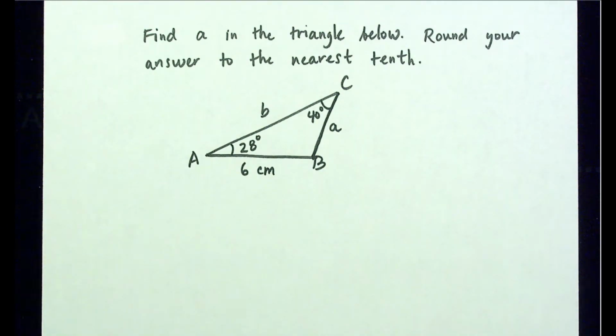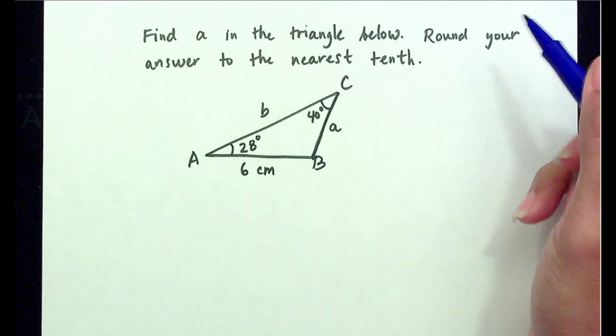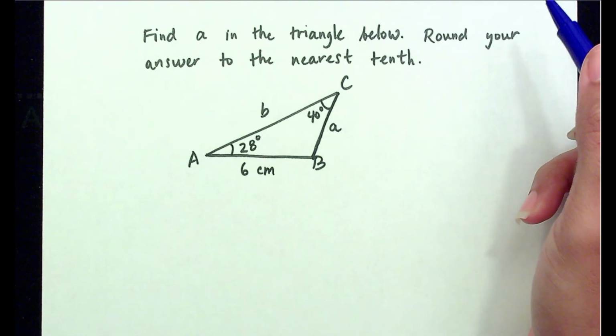Find lowercase a in the triangle below. And in this problem, they give us a picture with everything already labeled, but they might just give you the values of the different letters, and you can draw your own picture. Either way, we have to find lowercase a, and we have to think,